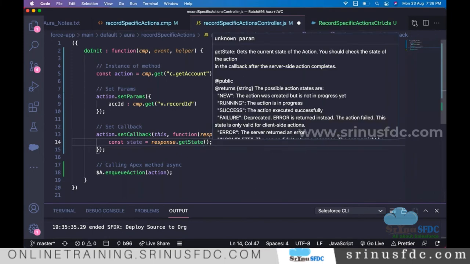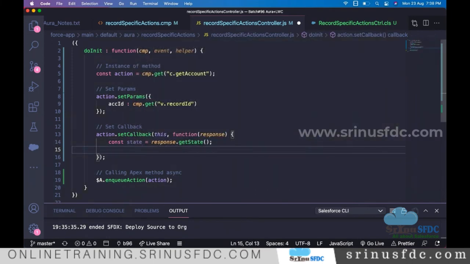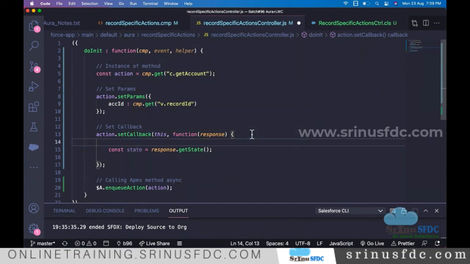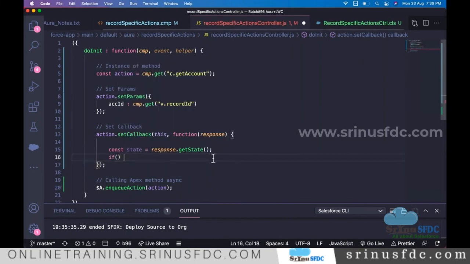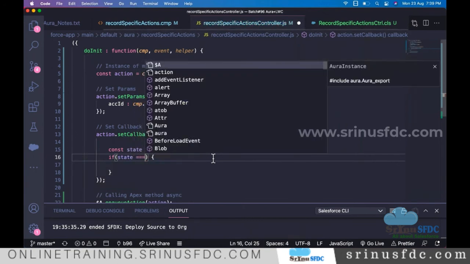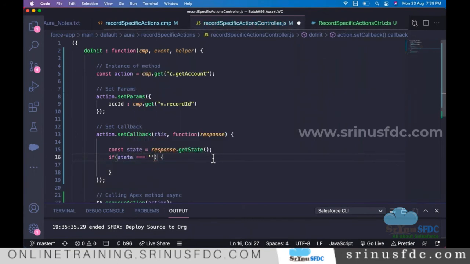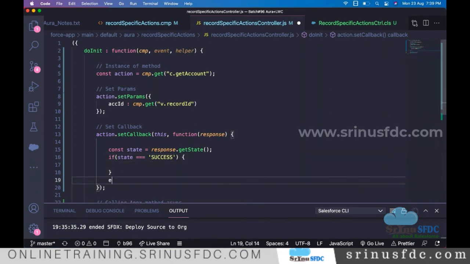This will give either SUCCESS, ERROR, or INCOMPLETE. There are many other states. Maybe we are just checking whether it is success or not: state is equal to, and to match the data type also, we use triple equals, SUCCESS, else something is wrong, right?